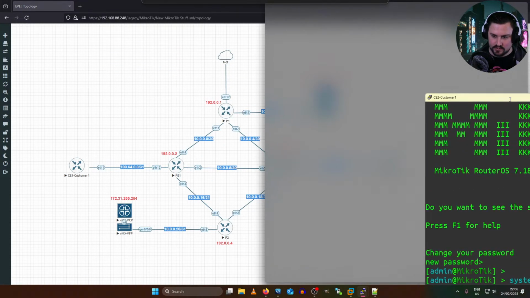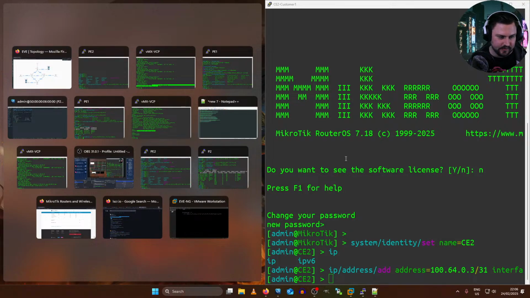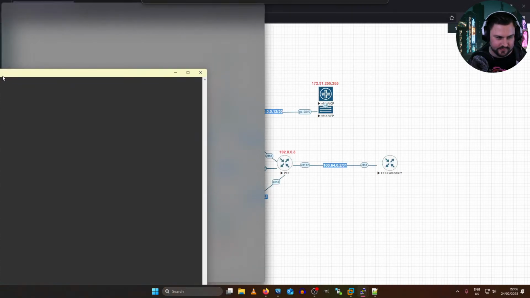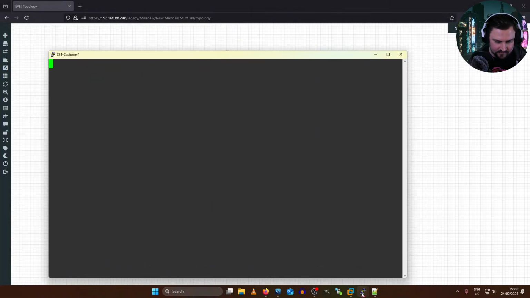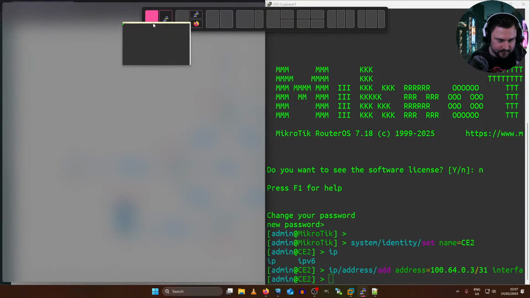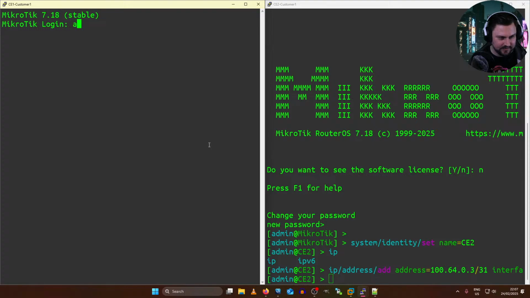And this is so cool. I love that you can do this with Windows now, where you can dock these terminals in separate places like that. Where was my CE2? And then I can just move CE1 there, and things are next to each other. That's really fun. I love it, especially if you have a much bigger monitor. Then you can have 3 or 4 terminal stations, and it looks good. Doesn't look all smooshed.